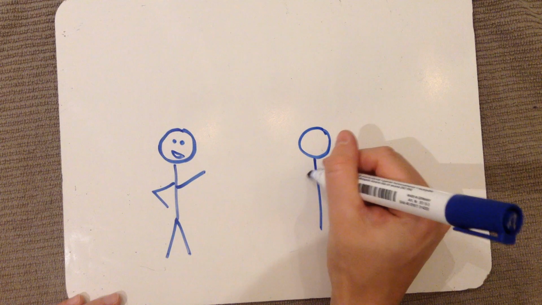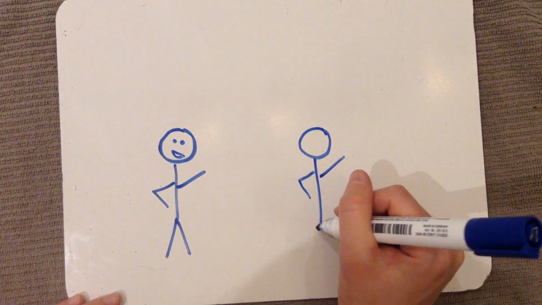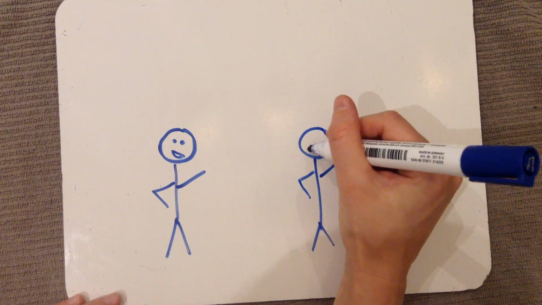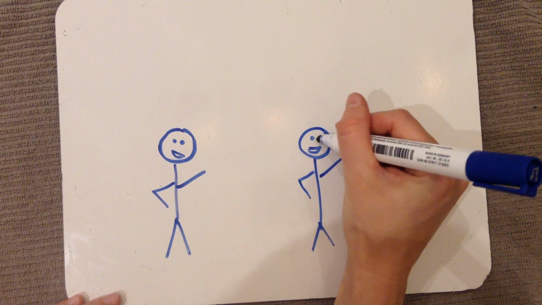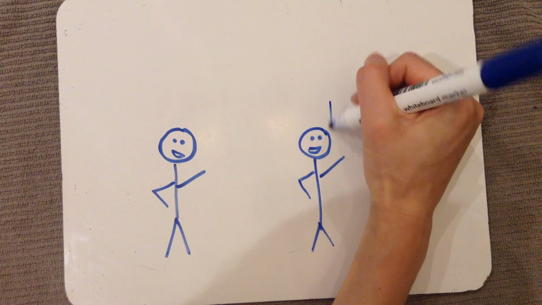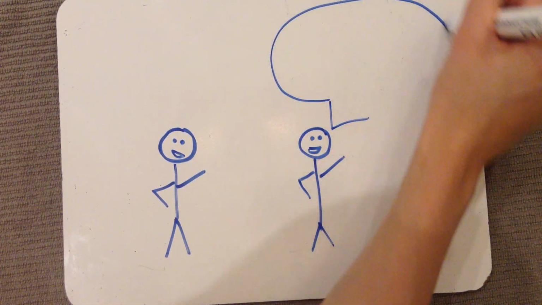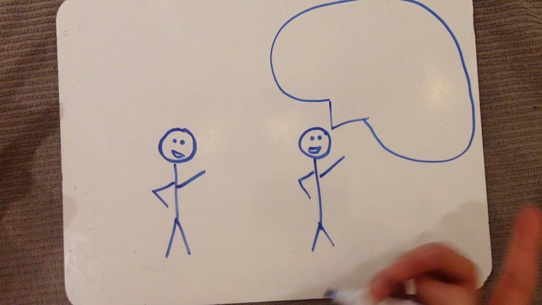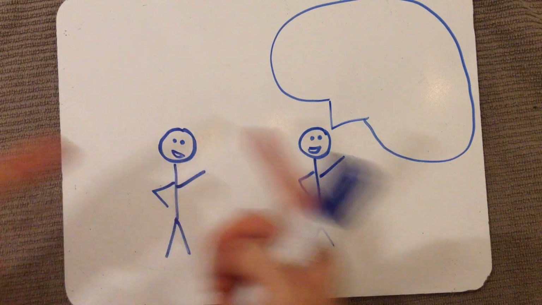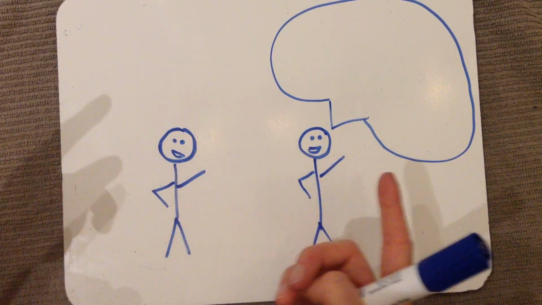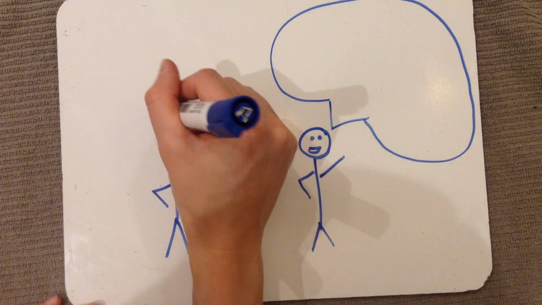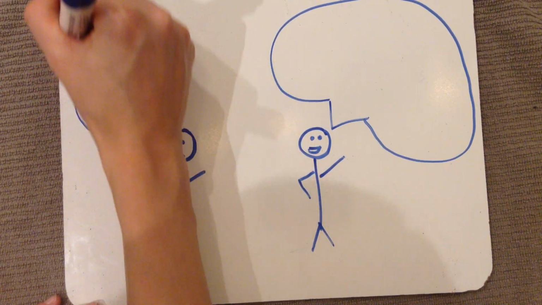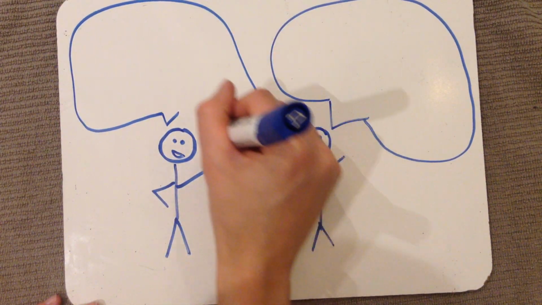And this time, Bill is going to be excited to listen and also answer back. They're each going to have speaking bubbles because when you ask questions, it encourages a conversation, which means information and ideas can go back and forth, back and forth. People feel more interested when you ask questions about them.